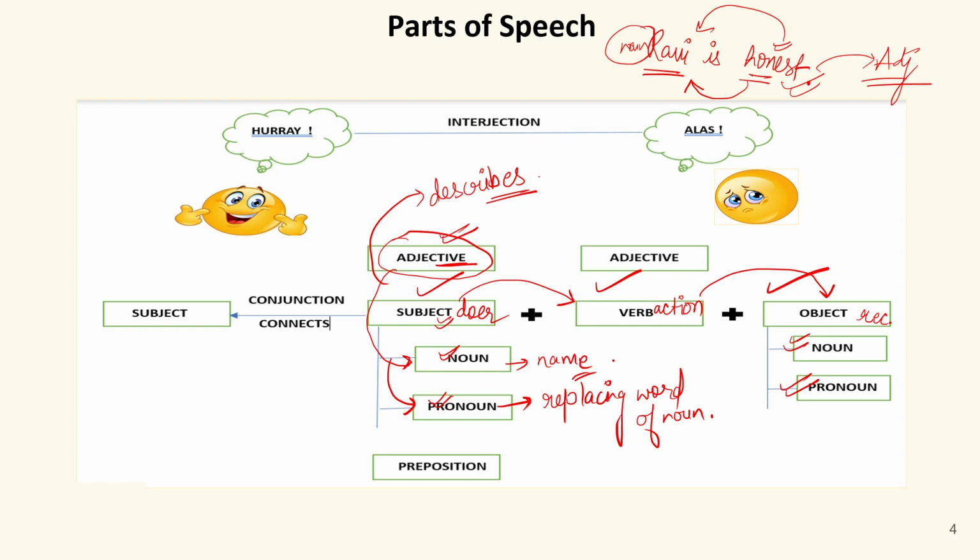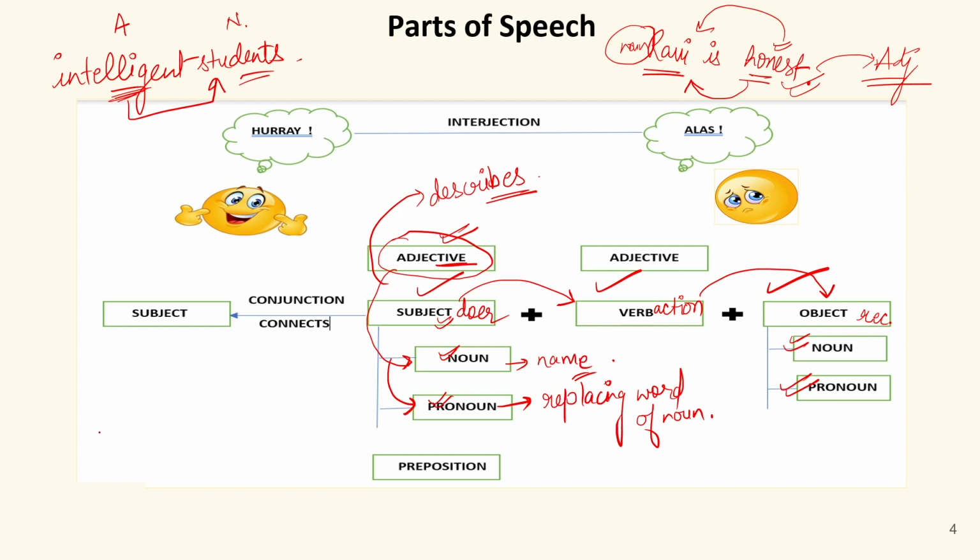So any word that can describe a noun or pronoun by stating its quality, its number, its quantity, anything. Anyhow, if a word qualifies a noun or pronoun, it is known as adjective. For example, if I say you all are intelligent students. Now I am talking about students, that these students are intelligent. It means I'm stating the quality, the attribute of these students. So this word intelligent is known as adjective and students is known as noun.